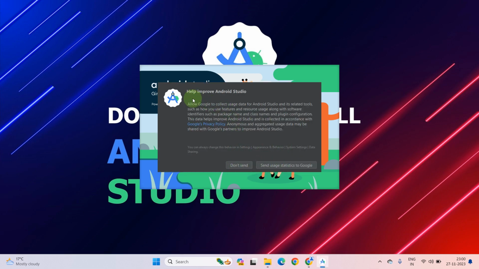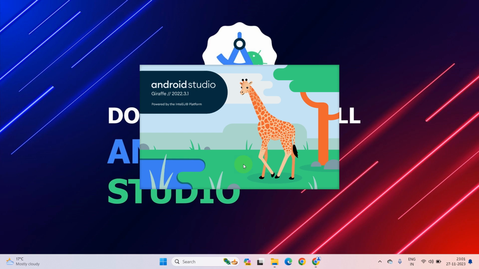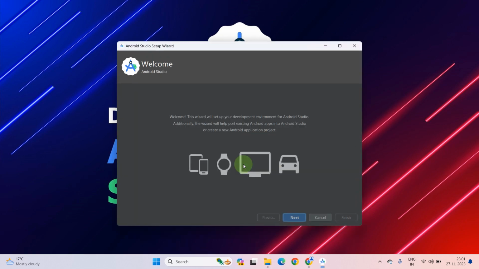As you can see, it will ask you to allow or not allow improvement of Android Studio by collecting users' data. It is totally up to you. You can deny it or allow it. Just don't send or send user statistics to Google. I will choose do not send. After that,